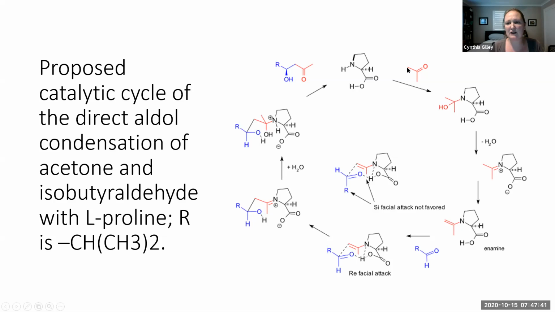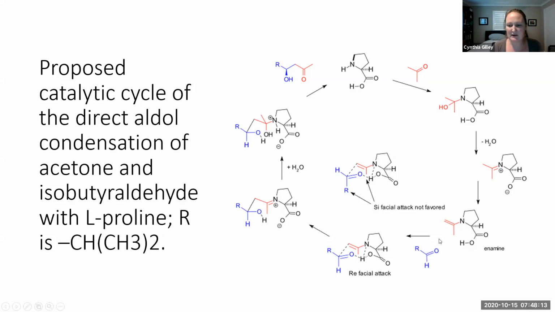So we can start the cycle here at the top between the catalyst, L-proline, and acetone. It can react to form an enamine. So these are the intermediates en route to the enamine. First, the nitrogen's lone pair acts as a nucleophile, doing a nucleophilic attack on the carbonyl carbon of acetone. Once we lose water here, we get an iminium ion, and a deprotonation at the alpha carbon will lead us